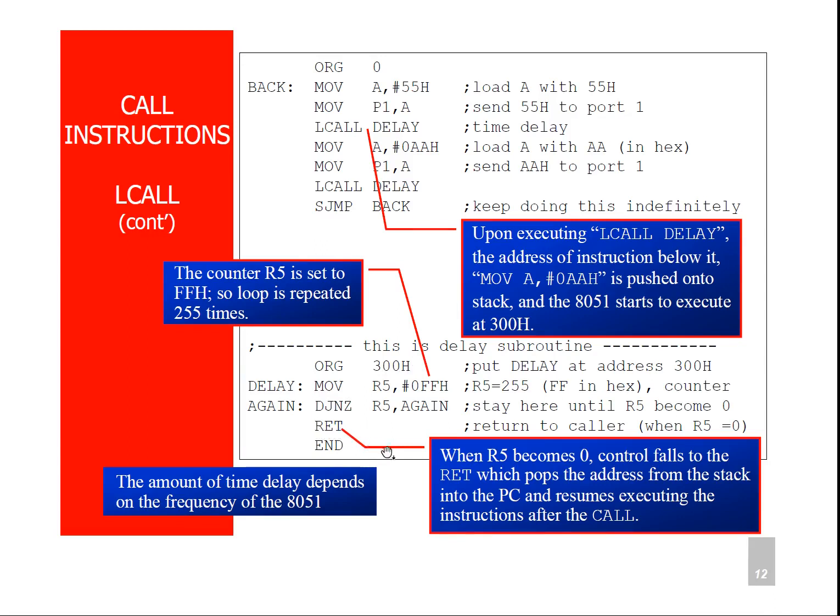On the execution of this RET instruction, it pops the return address from the stack, that will be loaded to the program counter, and it resumes its execution after the call instruction in this main program, that is SJMP back. So here the back is given to the very first instruction. So that means this program will run indefinitely.